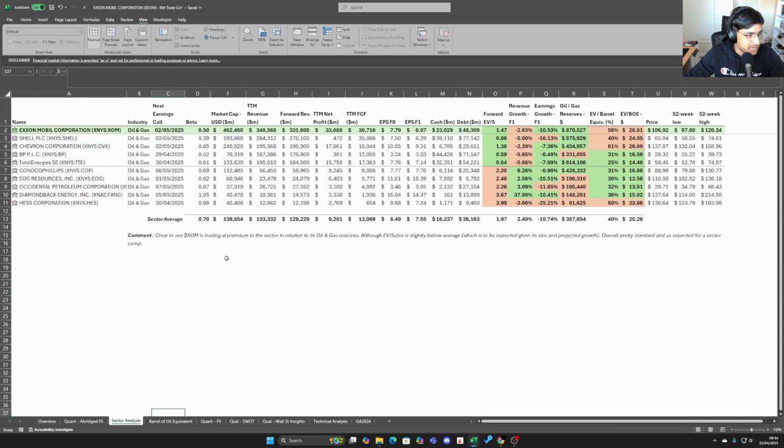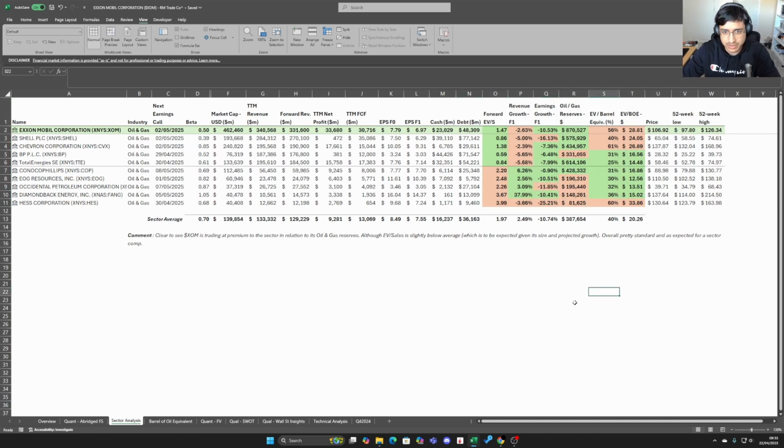Cool, yeah, but I guess the main part of this analysis that I want to focus on then is the sector analysis. And with the sector analysis, what I like to do is grab the main figures and the main factors that you'd always want to look at when analyzing a company, especially in each sector. So for this sector, the primary things to look at are revenue, the net profit, free cash flow, earnings per share, cash and debt position, and then obviously the peer analysis we'll get onto here.